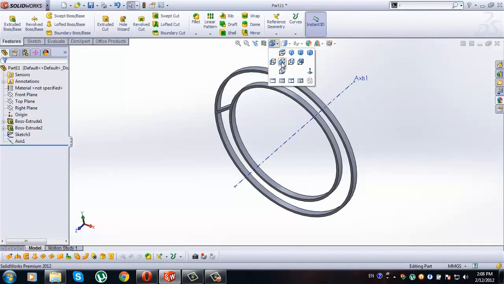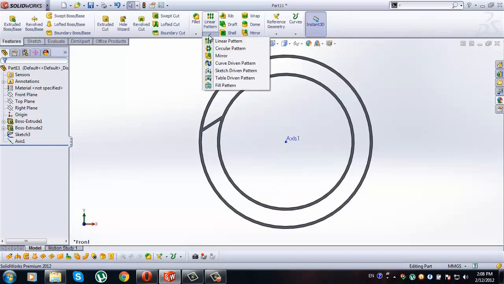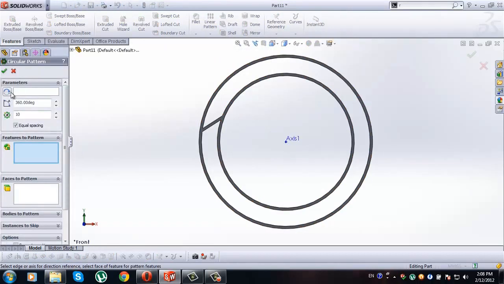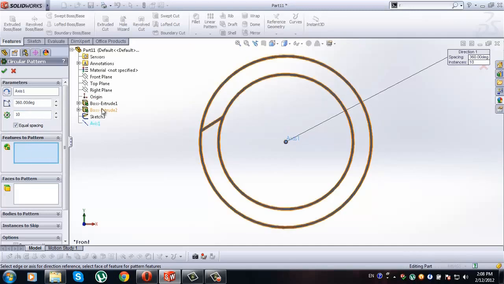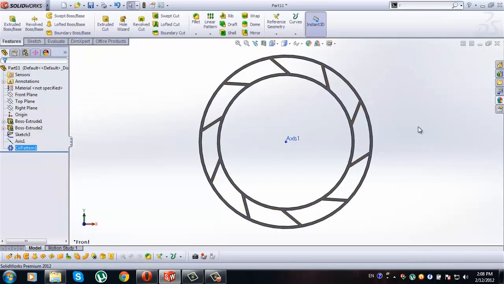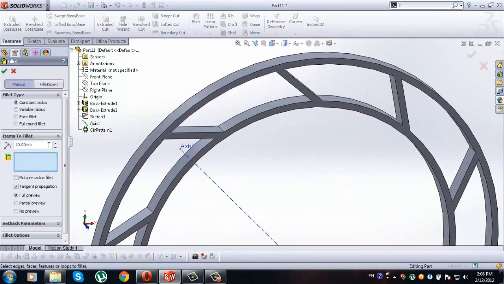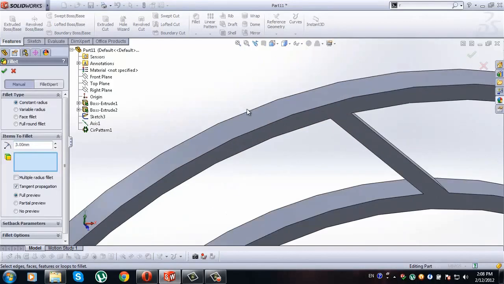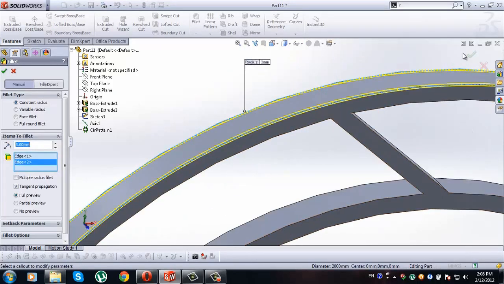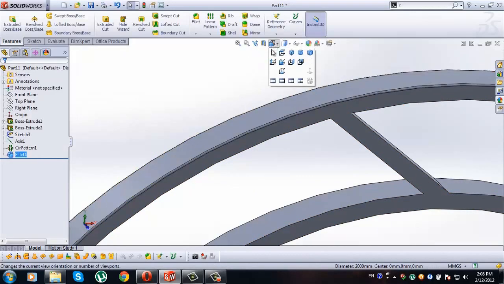Now go to front view, go to features, circular pattern, and as the axis of revolution will be axis 1, number of instances 10. Okay, features to pattern. Now go and select boss, press Ctrl on your keyboard and select boss extrude 2. Okay, check this. Alright, now go to fillet, type here 3 millimeters, select this edge and this edge here. Okay, view orientation, go to front view,